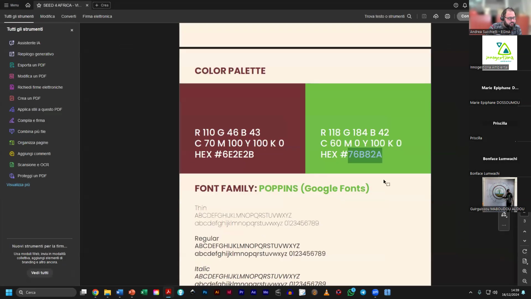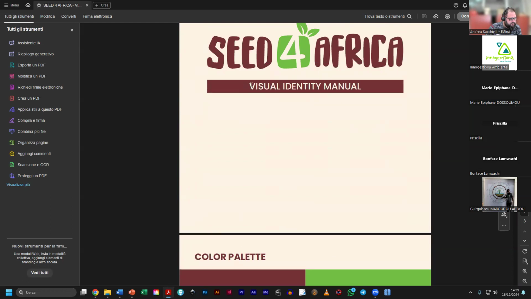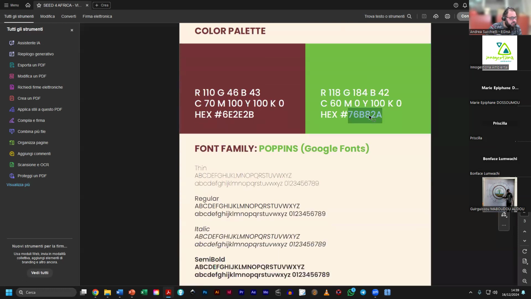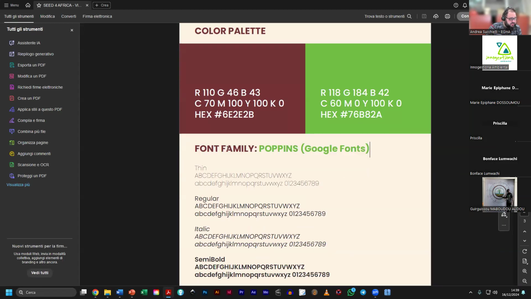Coming back to the example of the SEED4AFRICA visual identity manual, you can see here that I've specified that the font family that has to be used for the project is Poppins. That is a Google font. Google Fonts,